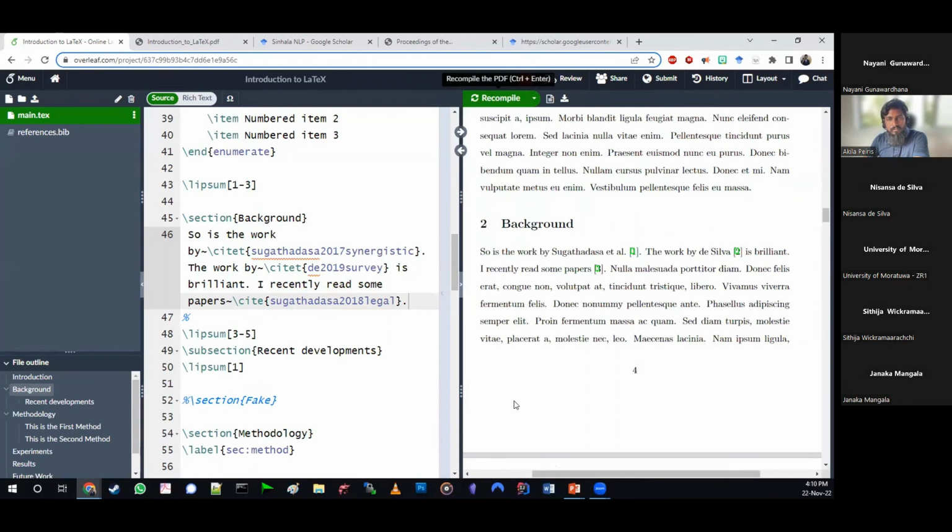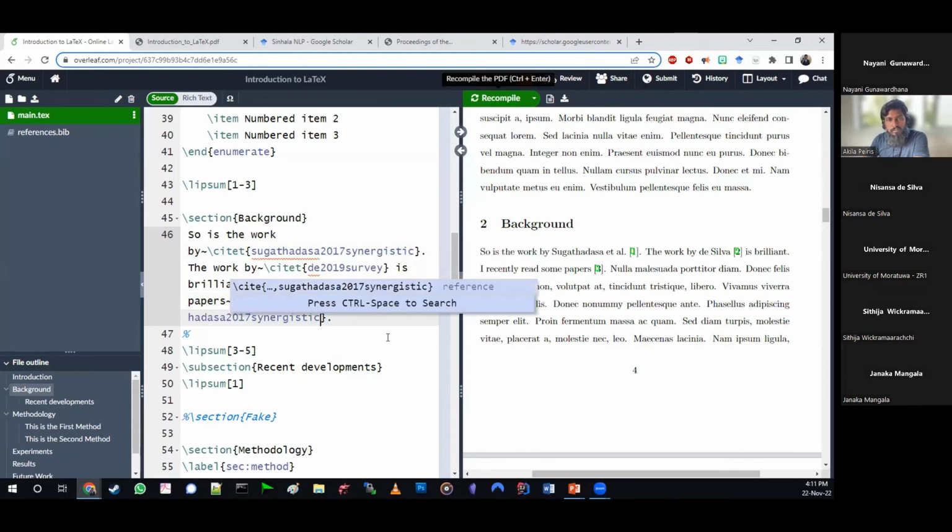So then, if we cite it that way, what do we get? Without the name, this. Now, let's say you want to cite multiple papers that you have read here. So I am going to add all 3 papers over here, saying I read some papers recently. Now, what is the IEEE convention?